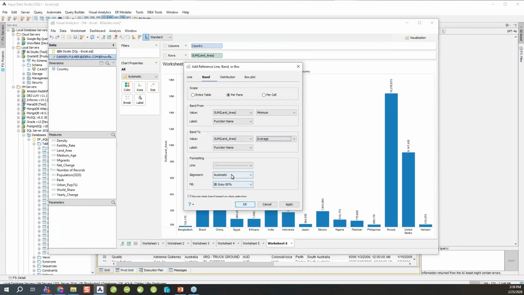Now I'm going to, just for visual sake, change it to a dotted line at the top, and I'm going to change the fill from gray to orange just so it stands out a little bit more, and change the opacity of that band. Now I'm going to go ahead and apply that, and you'll see it's been added here to